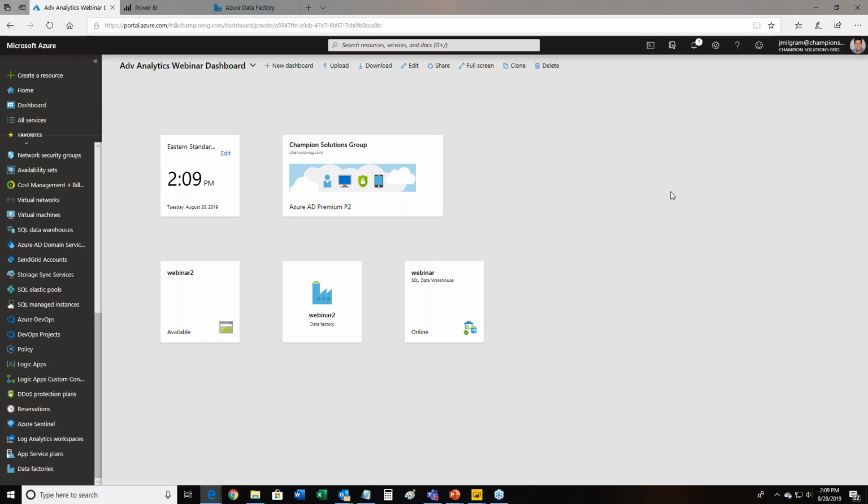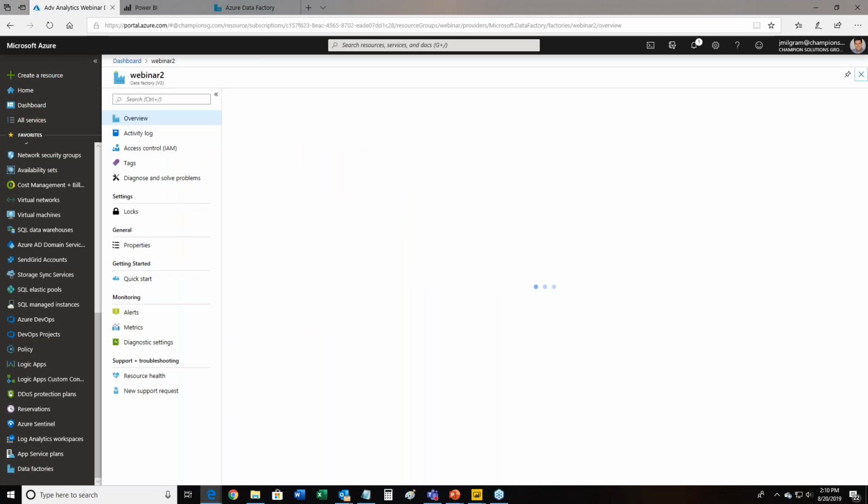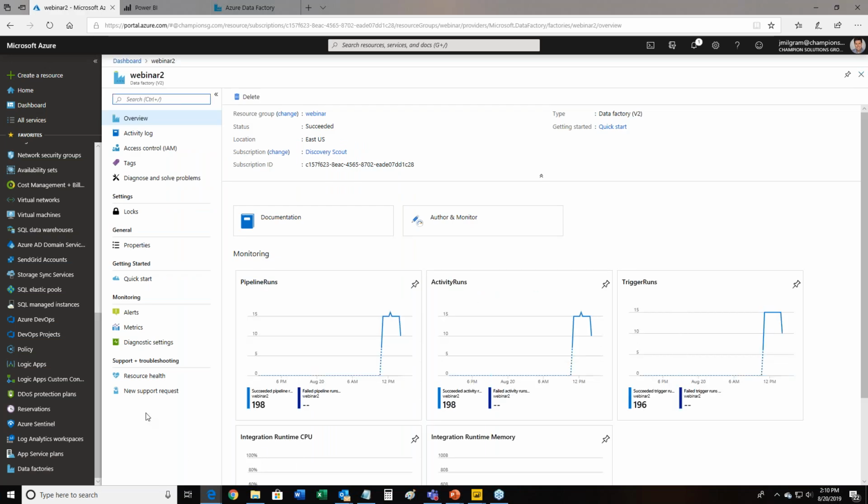And I just want to make sure you can see my Azure portal right now. It looks great, yeah. Okay, so I created this dashboard and I just put the icons I needed so I didn't have to hunt around with all the different services. So let's go ahead and take a look at Data Factory quickly. It's not hard to set up. It's fairly quick.